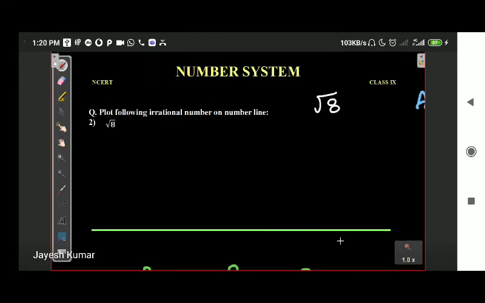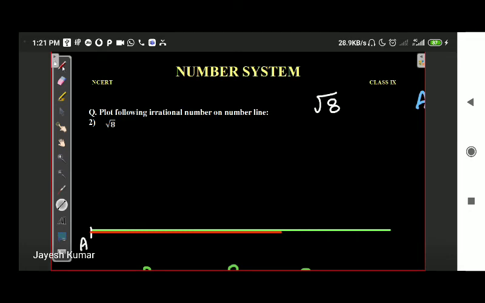Let's start plotting it. First of all, you need to draw a number line more than 8 centimeter and mark point A. From point A, I am going to draw a line that is 2 centimeter. For your easy identification, I'm drawing these long lines. Don't complain to me that sir, 2 centimeter is not this long. I want the diagram to be clearly visible to you. So this diagram is approximately according to scale, not exactly.